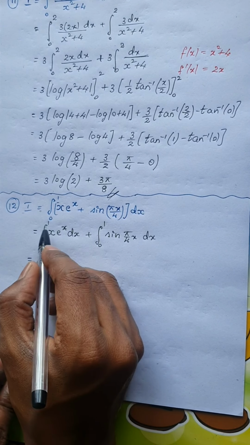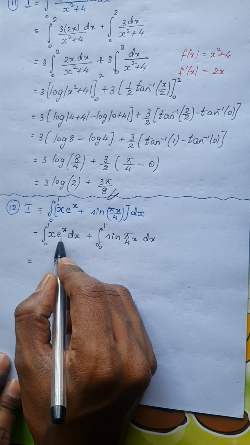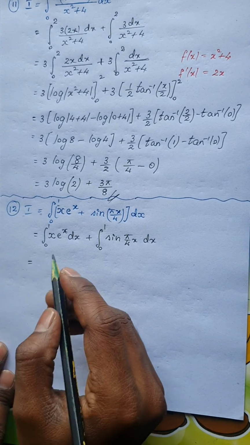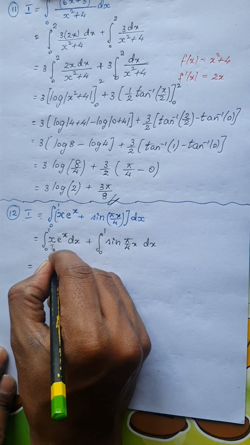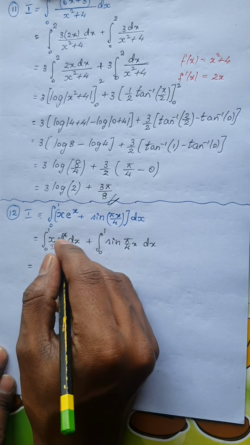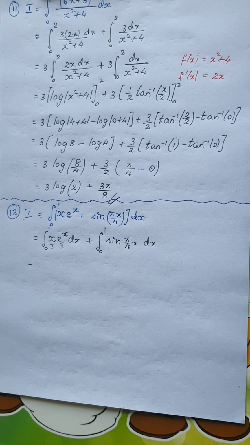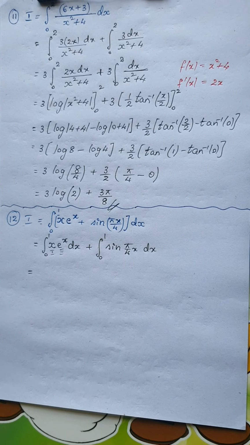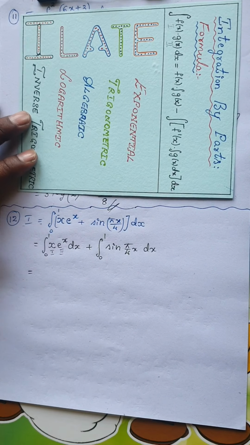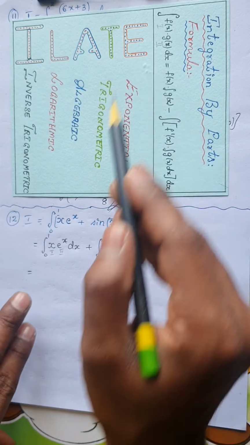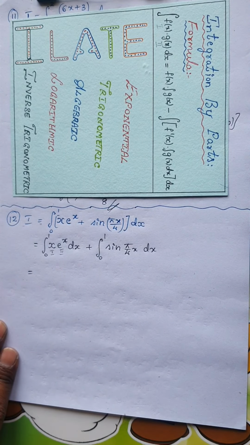So I have two functions, an algebraic function and an exponential function, okay. So as we generally do, I will consider the algebraic function as the first function and the exponential as the second function. Is it clear? I hope you remember the process of integration by parts, where we consider two functions as first function and second function, isn't it? We have already done problems on this case. So we have algebraic and trigonometric. Algebraic is taken as the first function, okay.